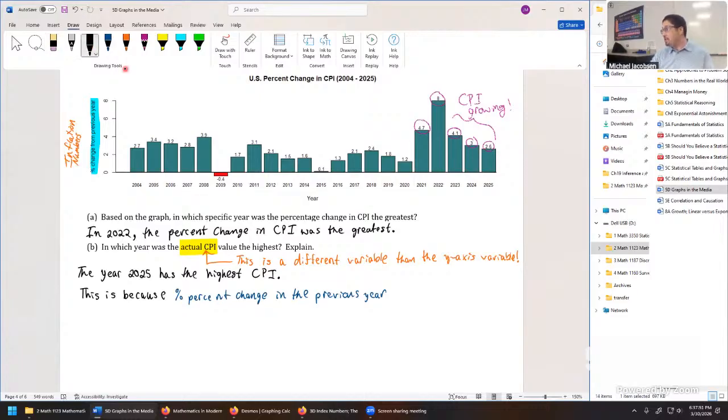Percent change in the previous year is always positive, except way back in 2009. This means CPI grows every year